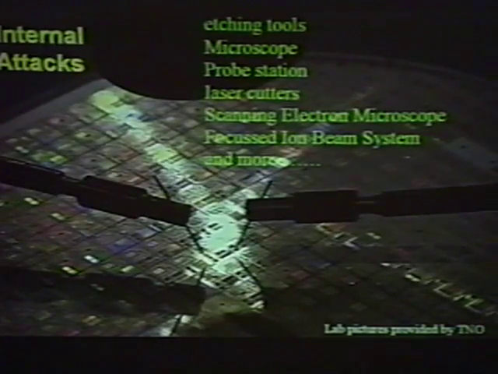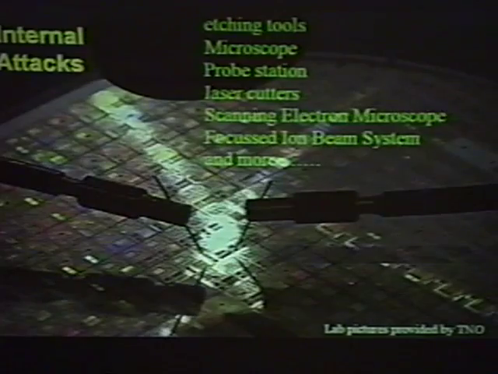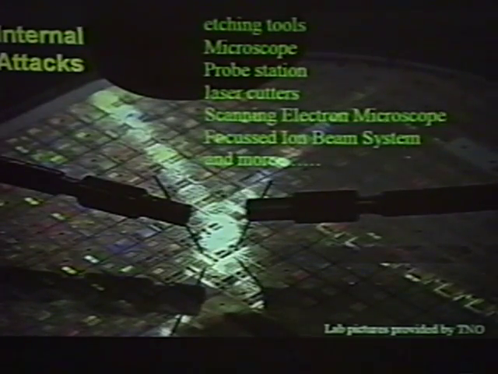A second tool is a microscope. As soon as we have etched a chip, we may like to study it under a microscope and do reverse engineering. Another tool is a probe station. This is a machine with needles we can put on the wires on the chip to retrieve data or inject data. We've got laser cutters for cutting off small parts of the chip. Scanning electron microscopes are useful when the details on the chip get too small to see in a normal microscope, but also they're useful for seeing the behavior of a chip when it's working, because we can see some electrical fields as well.